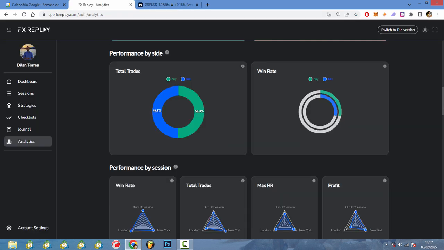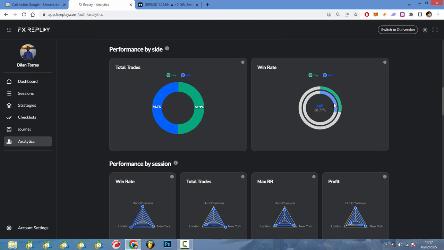And so we can check. In here, we can see that my win rate for buying and selling is pretty much the same. But if it was super bad for selling, for example, and super good for buying, I would only look for buys. Or in a more advanced way, maybe I would invert the chart, but that's a little bit more complicated. But if you want to do that, you can invert the chart on TradingView to make it look like your favorite or most performant type of execution.